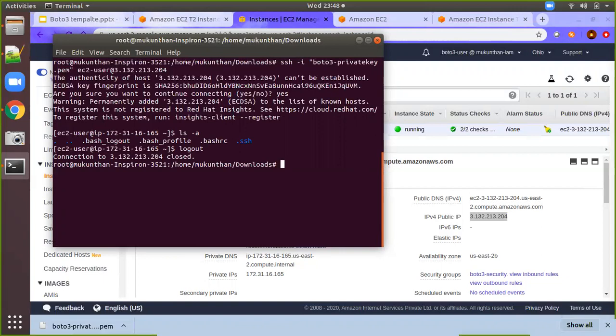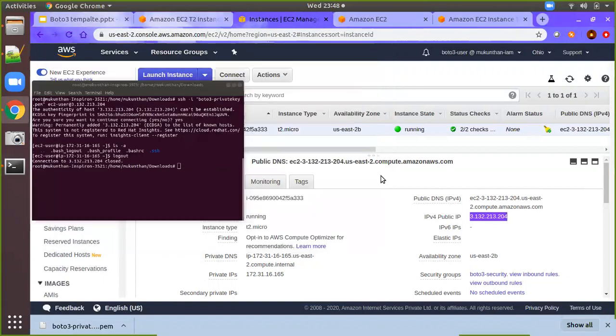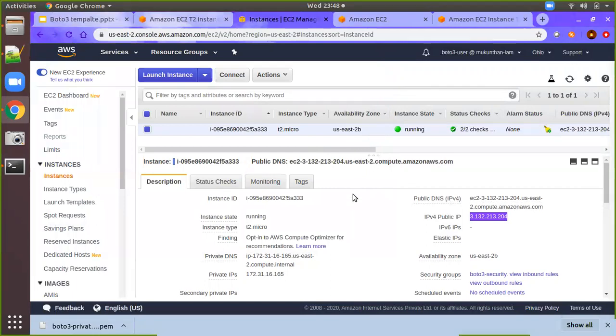So that means that now we have tried to connect to the EC2 instance by using the private key, by using the SSH way we have connected. And after connecting, we have seen what folder structure is available inside the basic system. Then after we logged out, now we are out of the EC2. Now, if you want to see here, it is still running, because if it is running, then only you can connect. So still it's running.